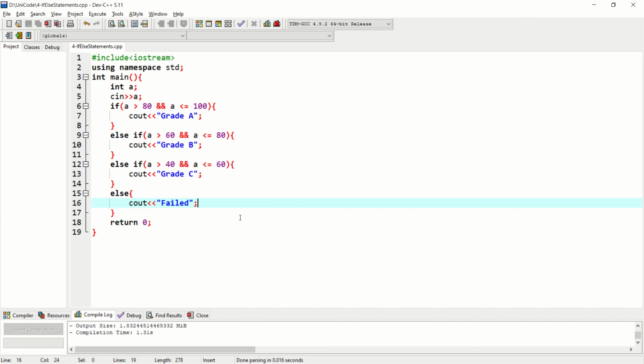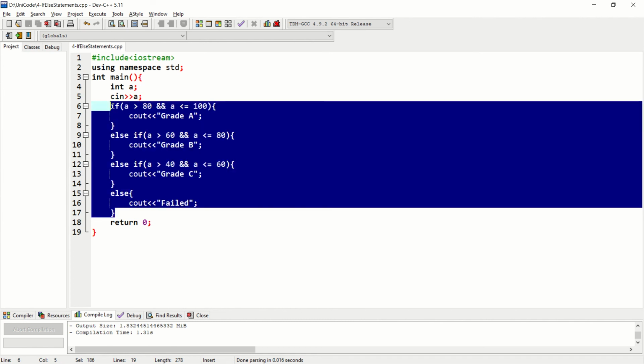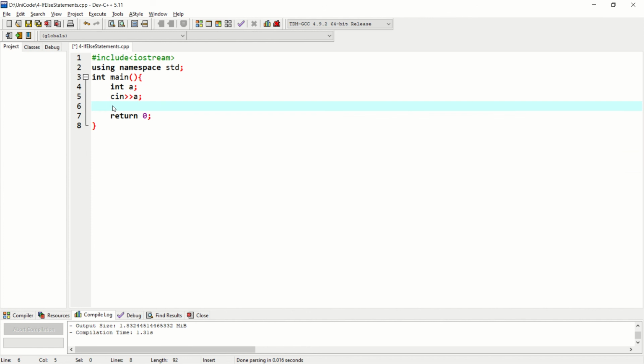Well, there is a shorthand if else statement also. That shorthand if else statement is also known as the conditional statement. It can be used to replace multiple lines of code with a single line. It is often used to replace simple if else statements. I am not talking about the if else if ladder, but only the if else statement. So if we get back into our even odd program, we can just directly write here